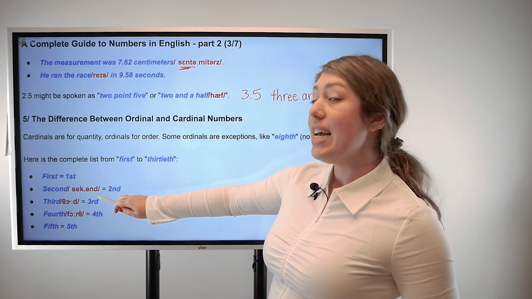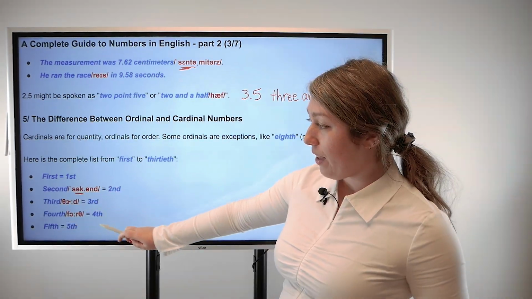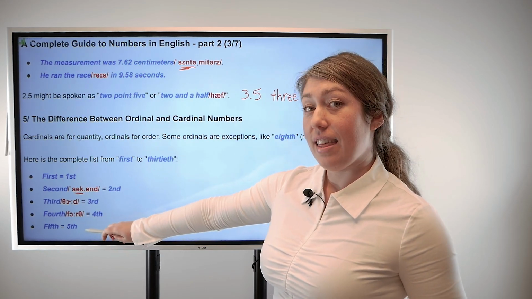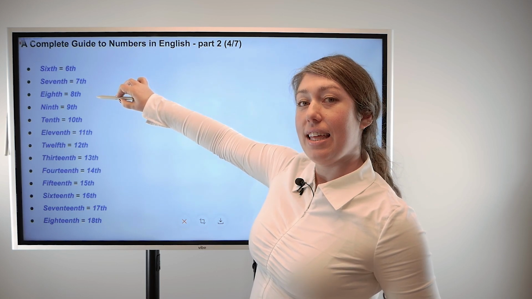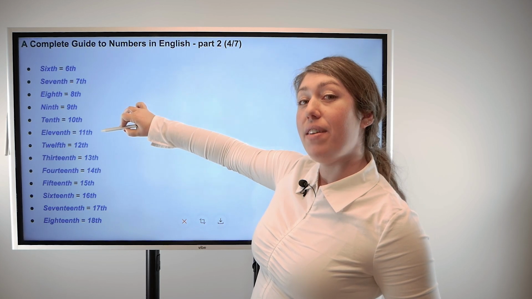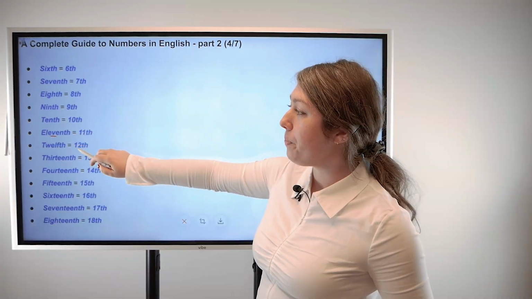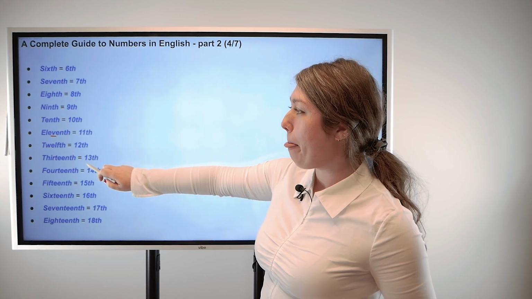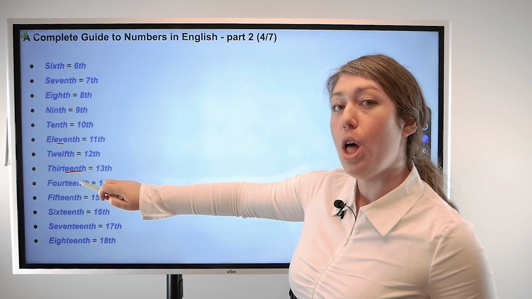First, second, emphasis on the first syllable, second, third, fourth, fifth, 6th, 7th, 8th, 9th, 10th, 11th. Don't forget to put the stress here, 11th, 12th. One more time, 12th. Good. 13th. Don't forget your emphasis on the second syllable, 13th,